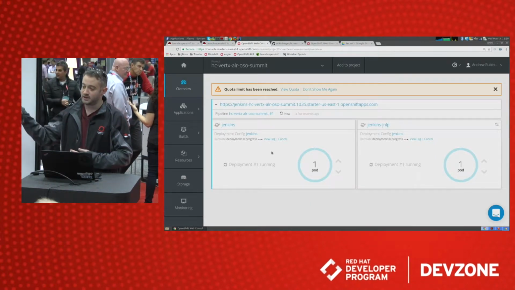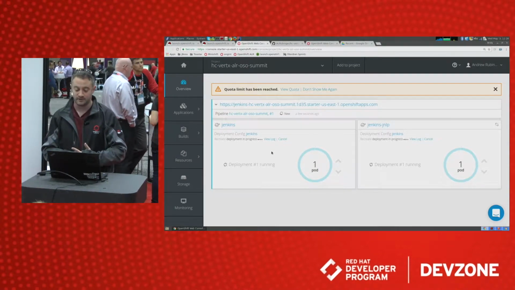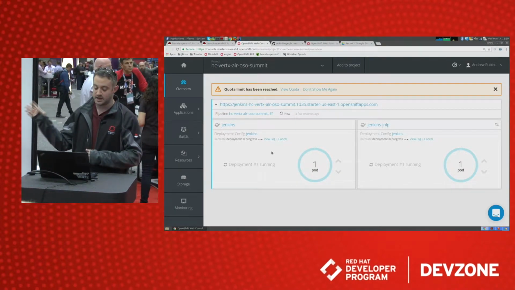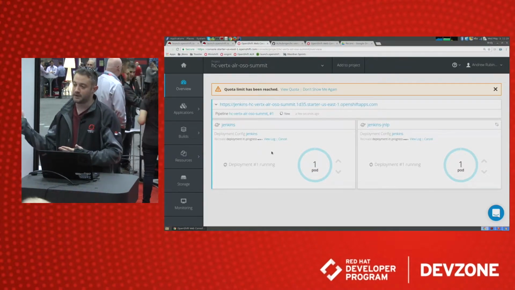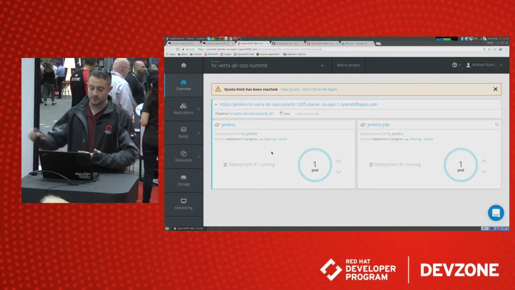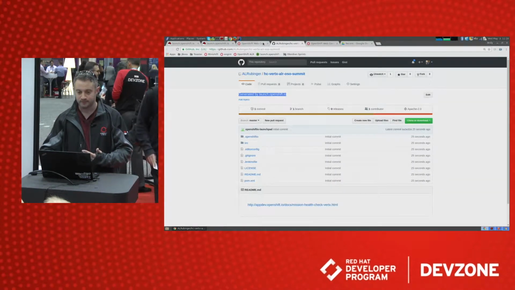And when this is done building, what it's going to do is give us an application that anyone in the world can see, publicly available. At the moment, you'll see that it's now booting up a Jenkins instance, and when this is done booting, we're going to execute our pipeline build. So we'll give this a couple moments to go through, and then in the meantime, maybe,